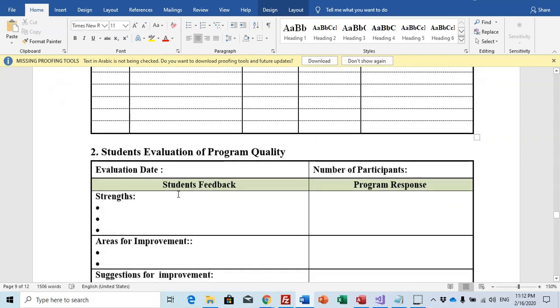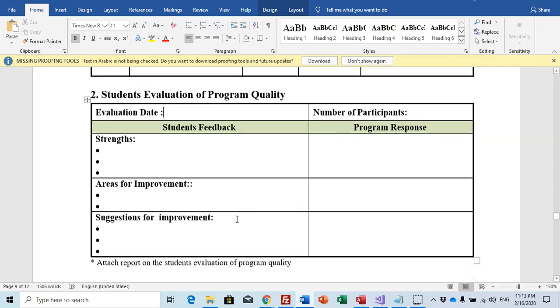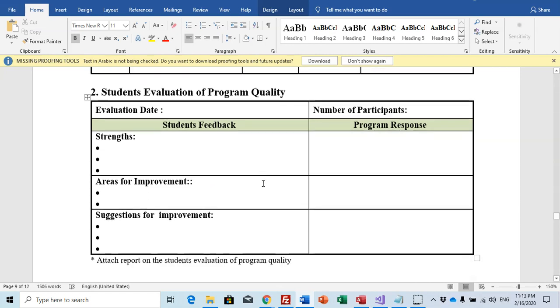The student evaluation of the program quality. This is the evaluation date. As you know, there is course evaluation by students and program evaluation by students. For the program evaluation, if you have high-level students, 7th, 8th level and above, they can participate.